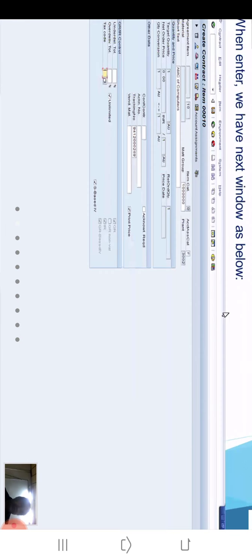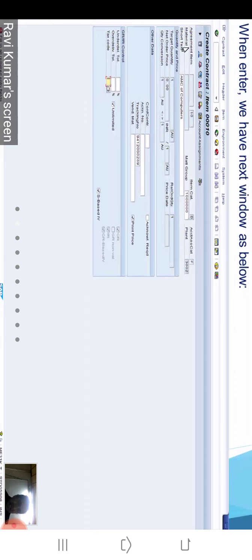You can see over here the short text, AMC of computers. The third one, short text AMC of computers. And in this window, I simply have to maintain the tax code.